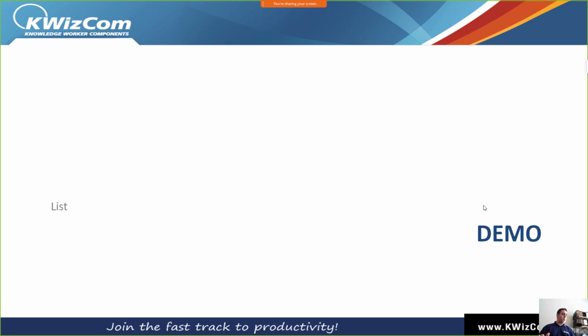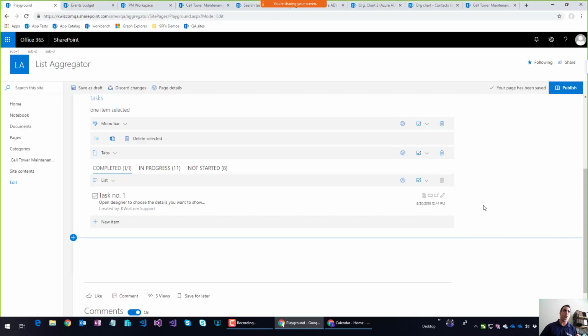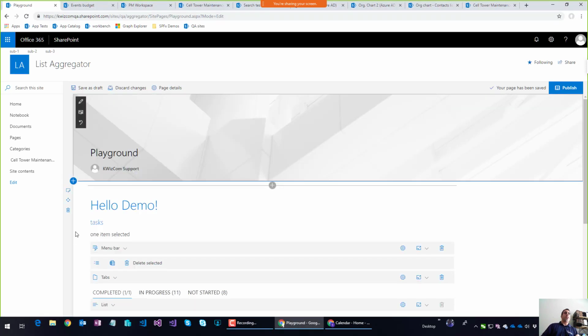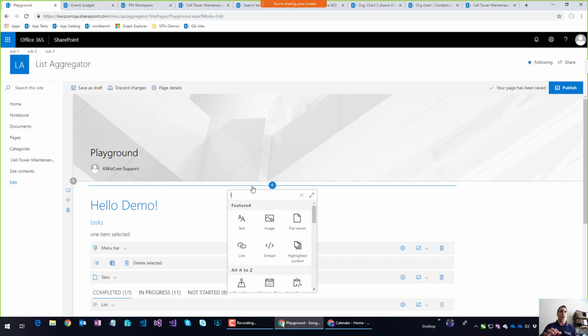I want to focus more on the different components we have. So let me go and dig deep into the list web part. So like I said, this is the data view web part. Let me just show you, for example, if I'm going to put a list view web part right here, list view plus,